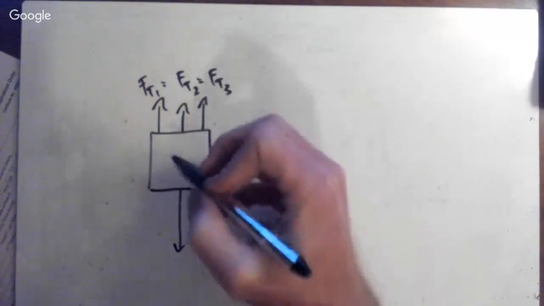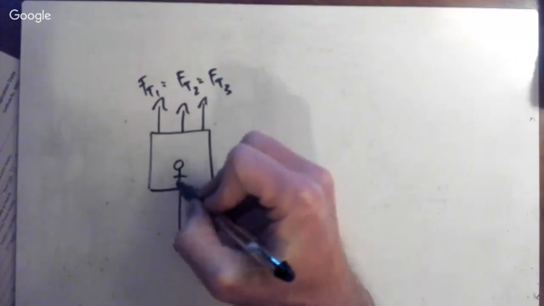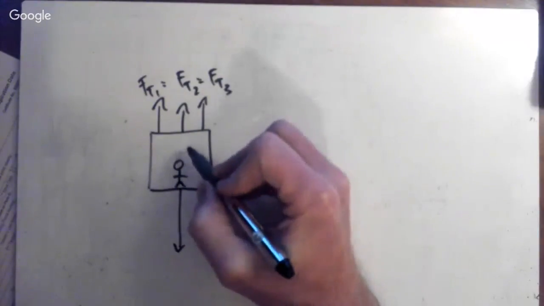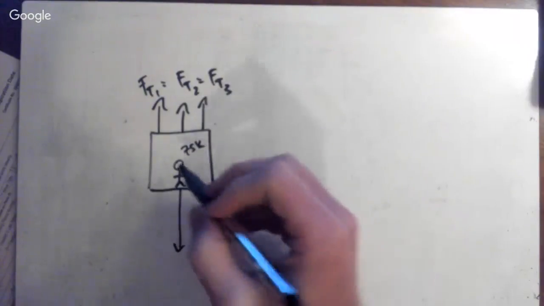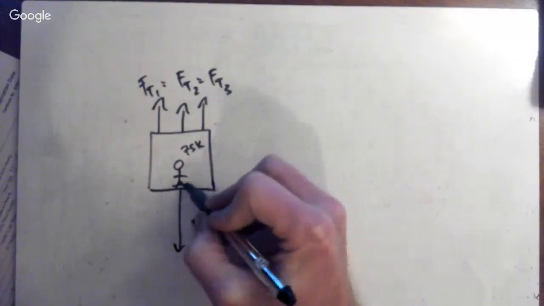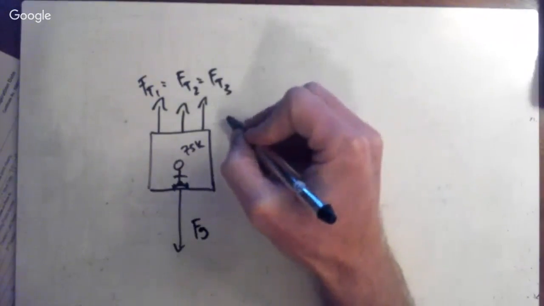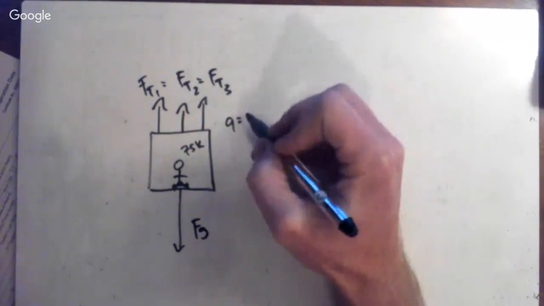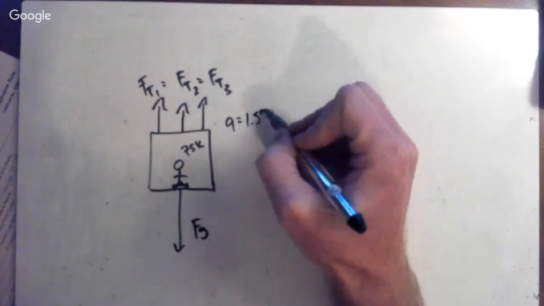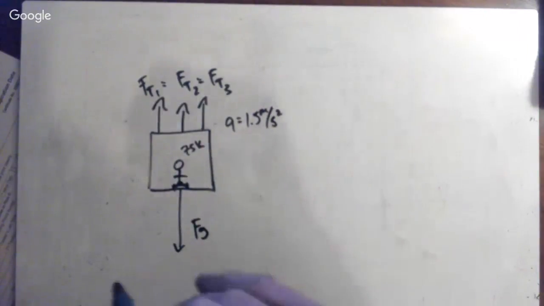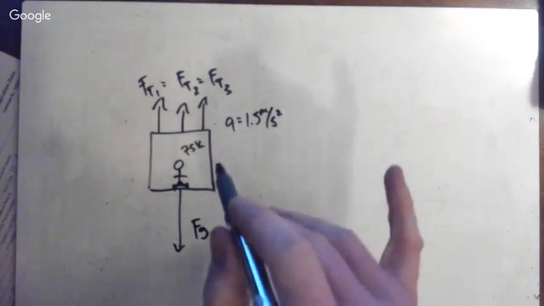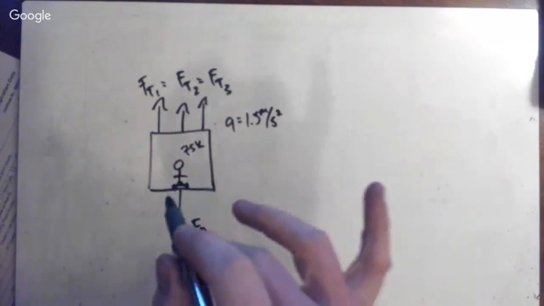Let's say there is a person of 75 kilograms inside the elevator, standing on a scale. The elevator is accelerating upwards at 1.5 meters per second squared. What is the reading on the